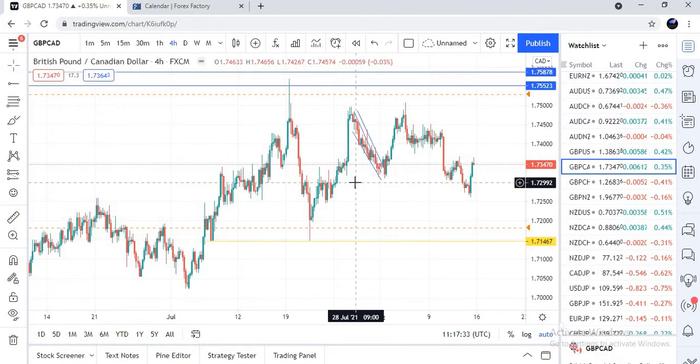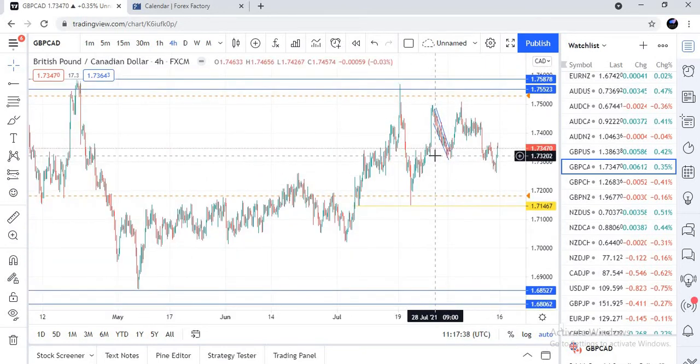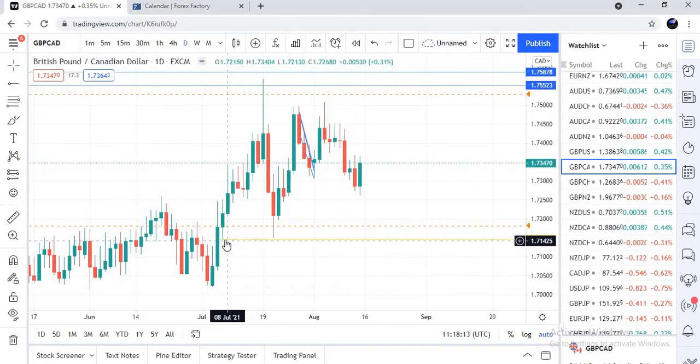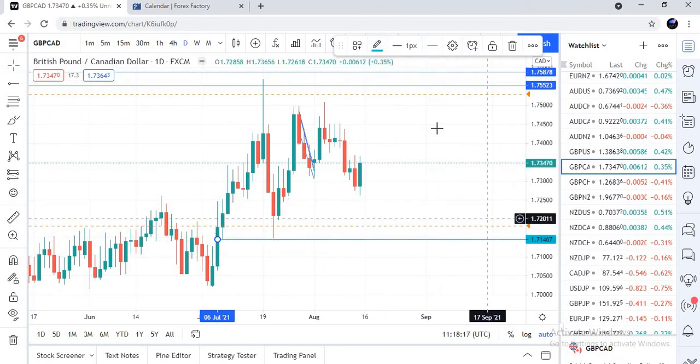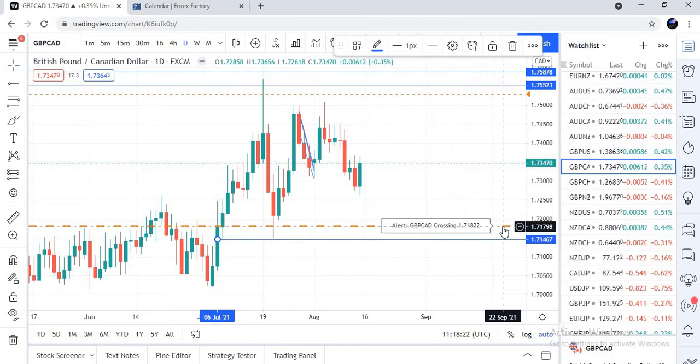And as you can see, one thing about the GBP pairs is that we only trade them at key levels. This level is a key level. This level is a key level. This level. So we don't trade in the middle because it is quite risky trading in this middle. But what we did was that we set a support level around this region, just in case the price might want to bounce on this region. So we set an alert around this level to see if the price is going to trigger this level.